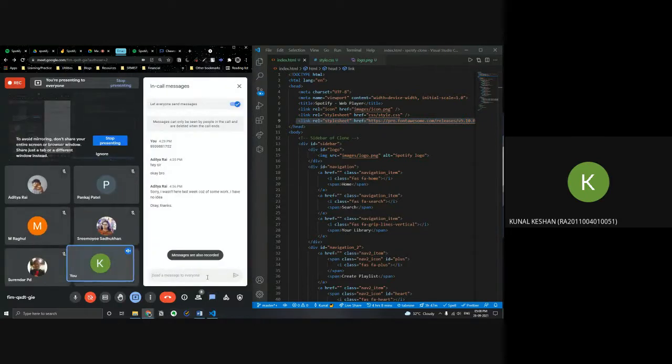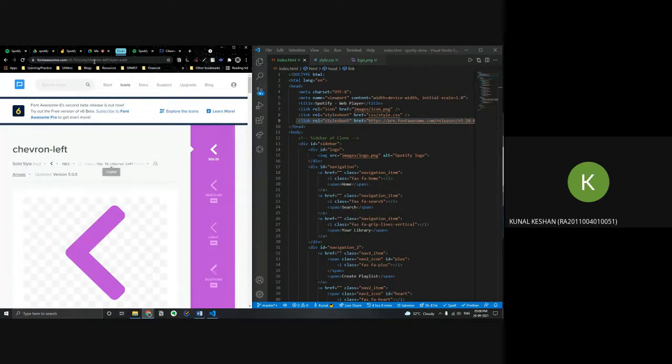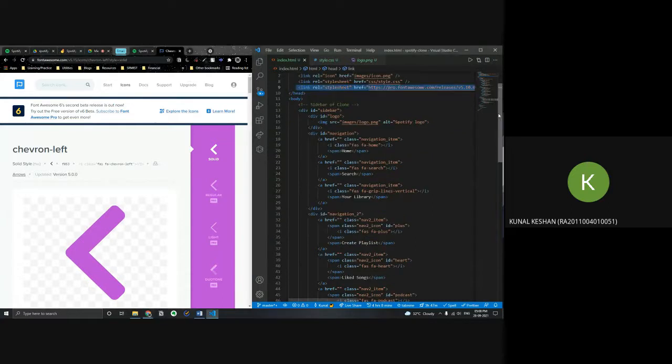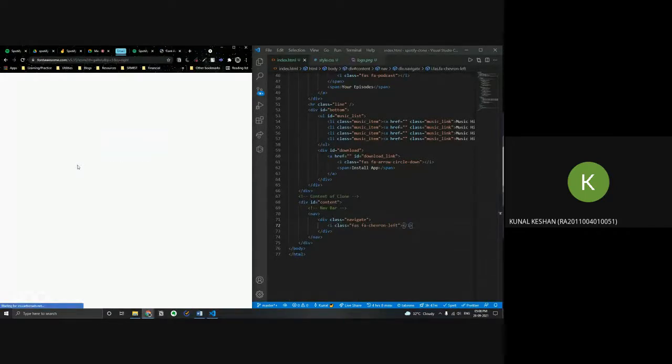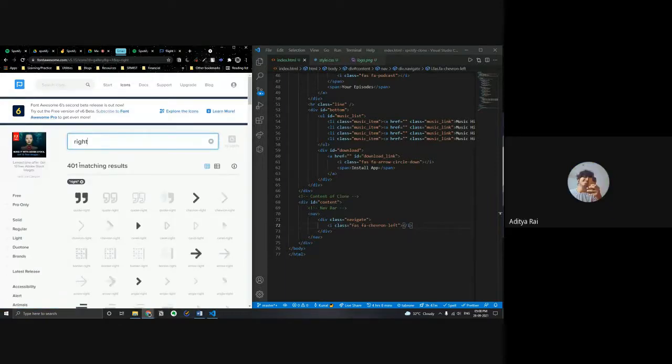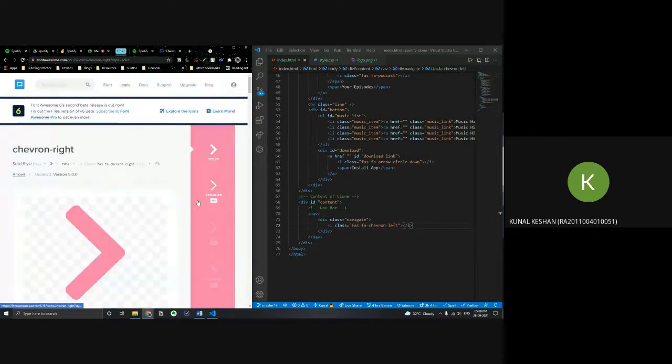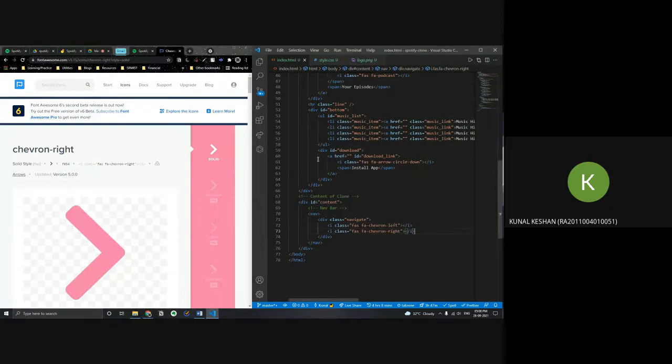So you just paste this link in your head part, and then once you paste that, you can access any of the icons in this website. So right now we need a left icon over here, so we'll copy that and paste it within the navigate div, and then we need a right. Same thing, but pointing towards the right. Okay, then this one, the right one, and you paste it. We will not worry about how it looks right now. We're just structuring it.